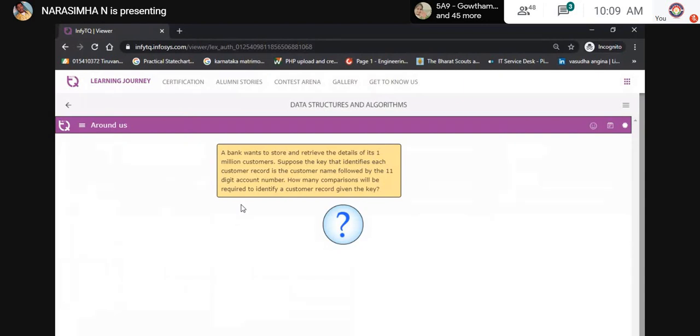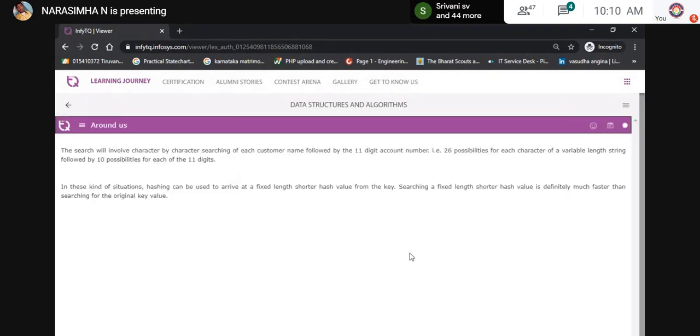In earlier data structures, you have to traverse each and every element in a list. In a linked list, you have to traverse each and every node. So it will take a lot of time, and you have to compare with a lot of elements which are present in a database, right? Now here, by using this technique, it's somewhat different. A search will involve only the 11 digits, right? 11 digits of mobile number.